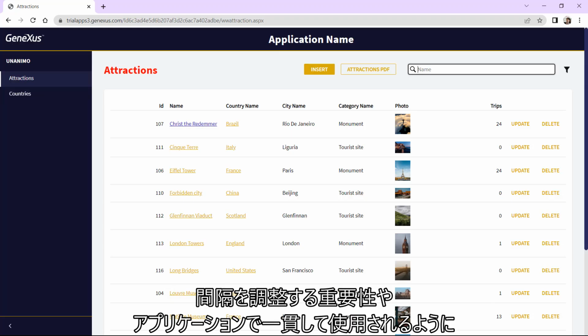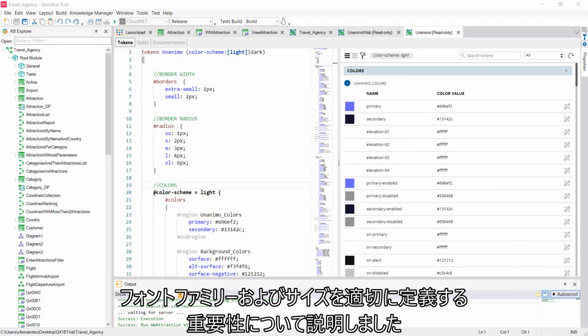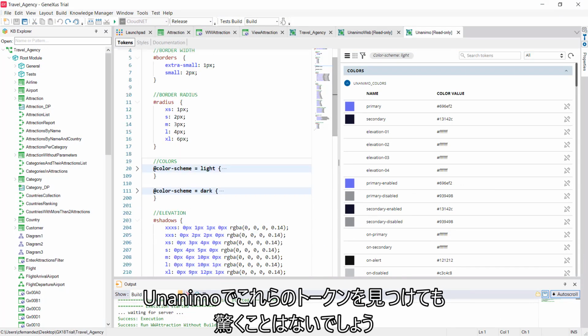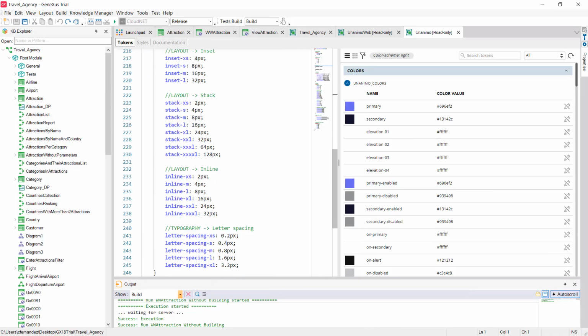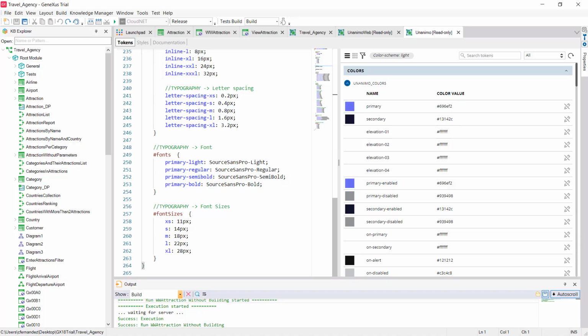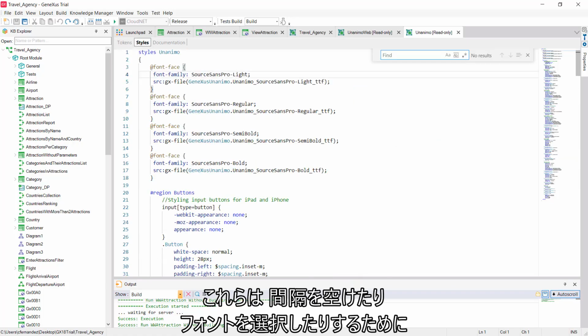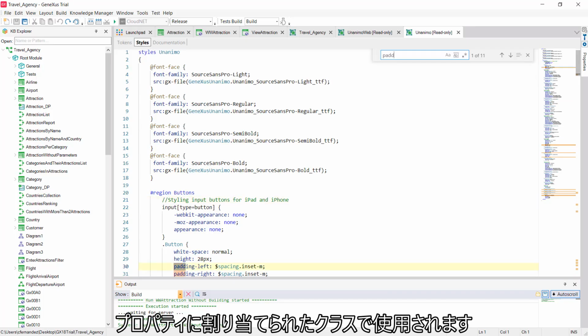We talked about the importance of spacing, for example, and of defining appropriate font families and sizes to be used consistently in the application. We will not be surprised to find these tokens in Unanimo. They'll be used in the classes assigned to the properties to give space or to choose fonts.